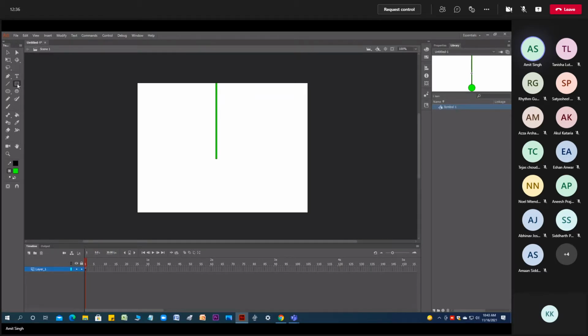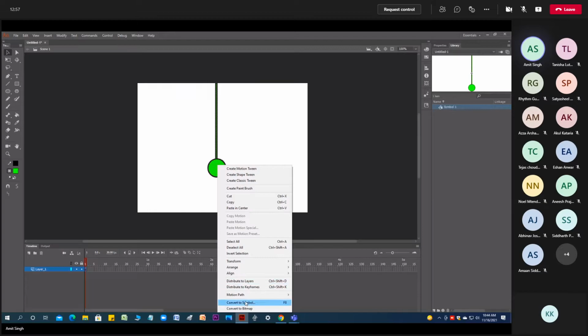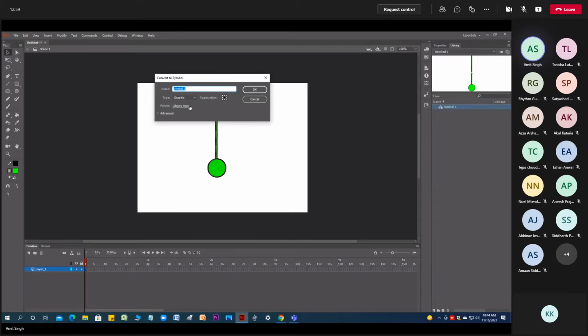You can select a color. Use one circle. Then click the V key, double click, and select like this. Then right click, convert into symbol. Give a name if you want.